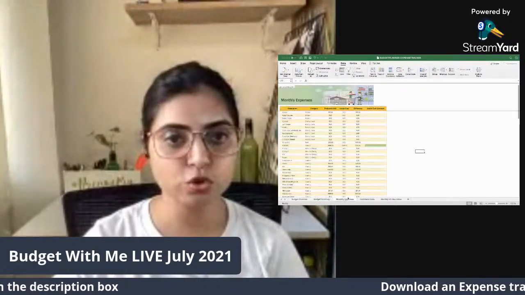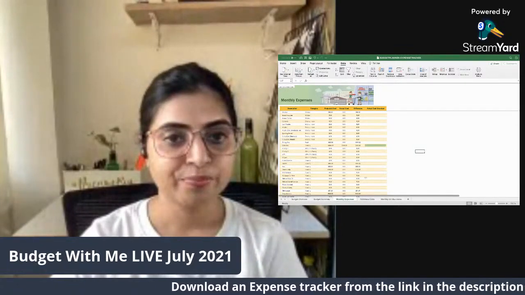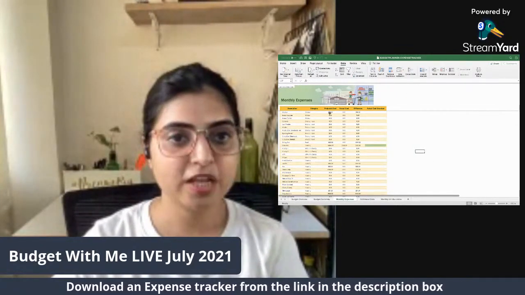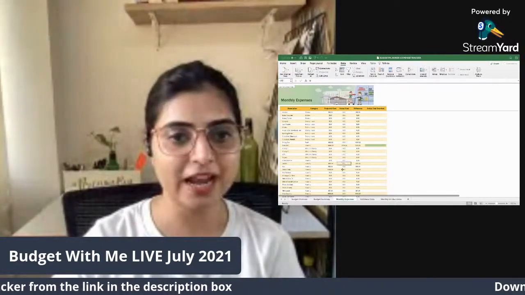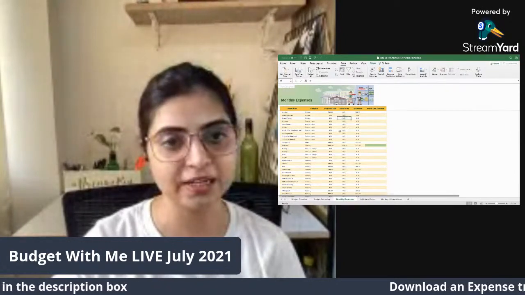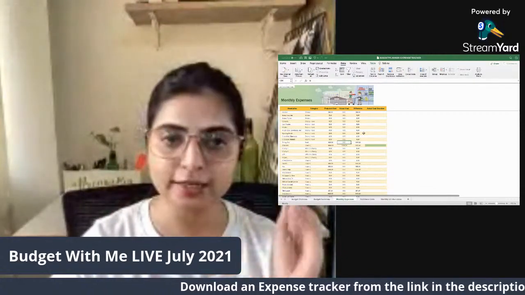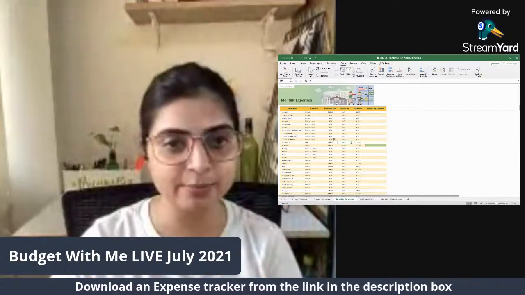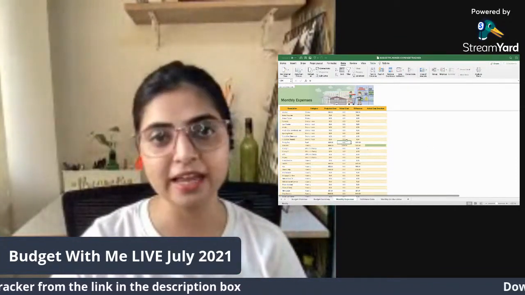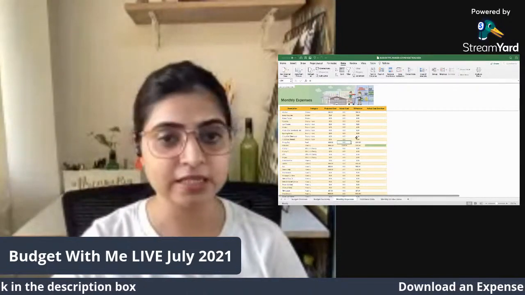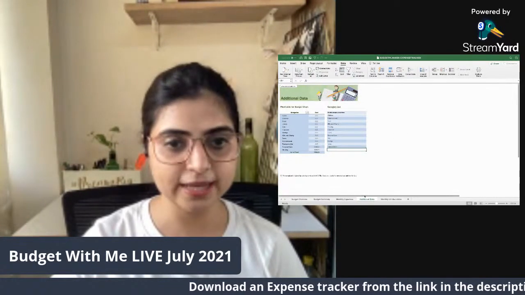All the changes are supposed to be done in the monthly expenses page. In this monthly expenses page, you have to put your projected cost, and then you have to put the actual cost towards the end of the month or whenever you make an expenditure during a month. I would suggest you keep this Excel sheet on your desktop so that when you sit in the evening, you open this Excel sheet and put down all your expenses in a day, and you are done within 5 to 7 minutes for a day. And this is an additional data. I'll let you know what it is about.